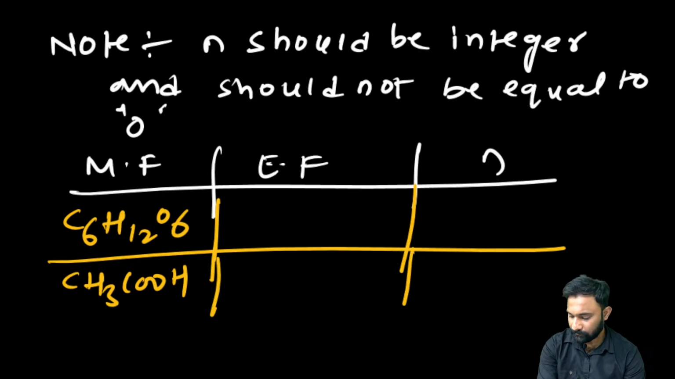CH2O. Good, CH2O and the N value is 6. Okay, next,